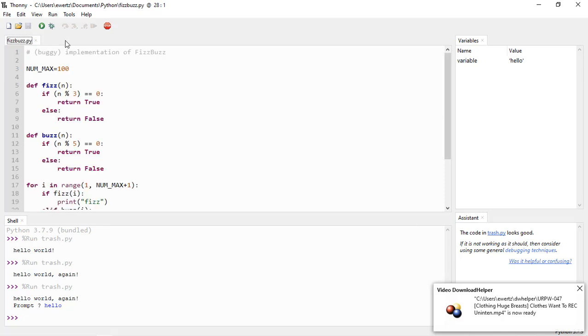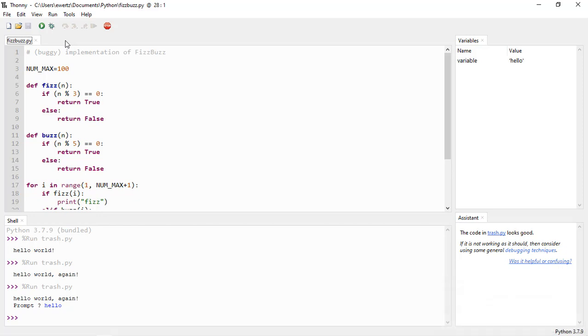This is a children's game called FizzBuzz, and it was apparently invented for children to practice integer division. What kids do is they sit around in a circle, and everyone counts from 1 in their head silently up to whatever number the game ends at. And the challenge is that for any number divisible by 3, instead of saying the number when you're asked, you have to say fizz. And if the number is divisible by 5, instead of saying the number, you say buzz. And if the number is divisible by both 3 and 5, for those of you who know advanced math, that's the same as saying a multiple of 15,